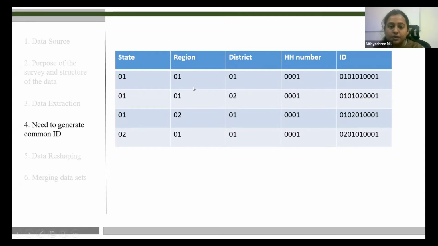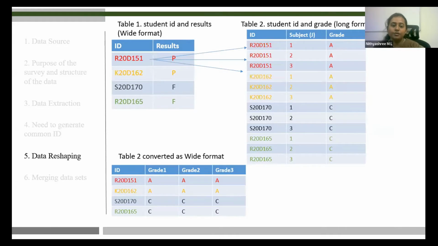The first two households belong to region A, that is 1, but we have a different key, that is the state, where we can differentiate this household from the second household. Okay, so when we concatenate this information, we will have our ID, which we call a common ID or unique ID. Okay, this is the purpose of creating a common ID. And next we will move on to the part reshaping. Okay, first we have seen how the data looks and we have created some common ID. Then we have moved to the data reshape.